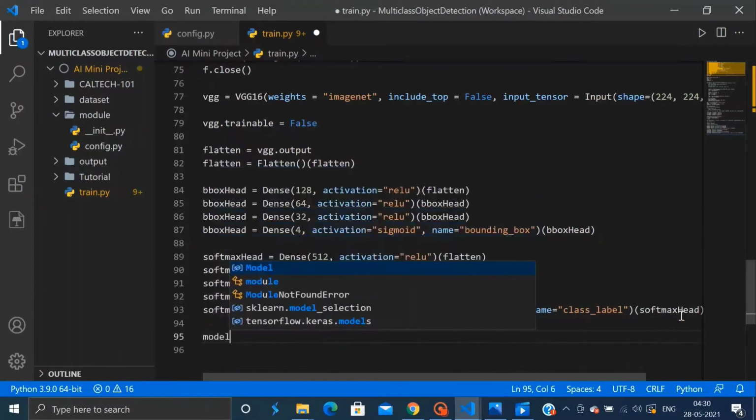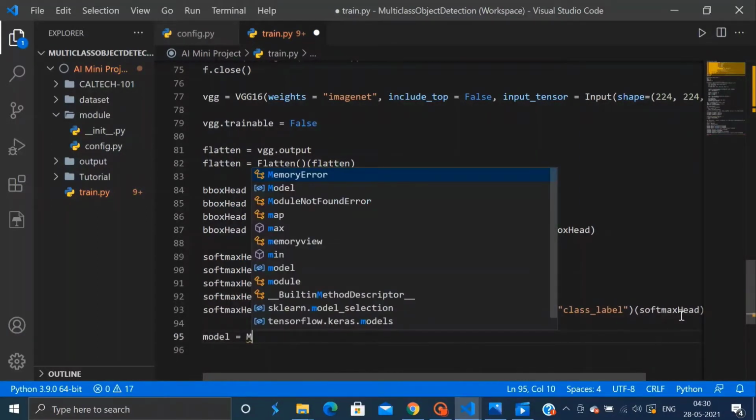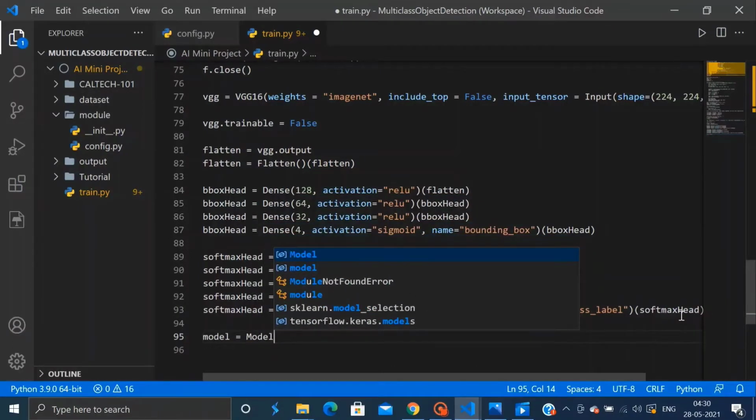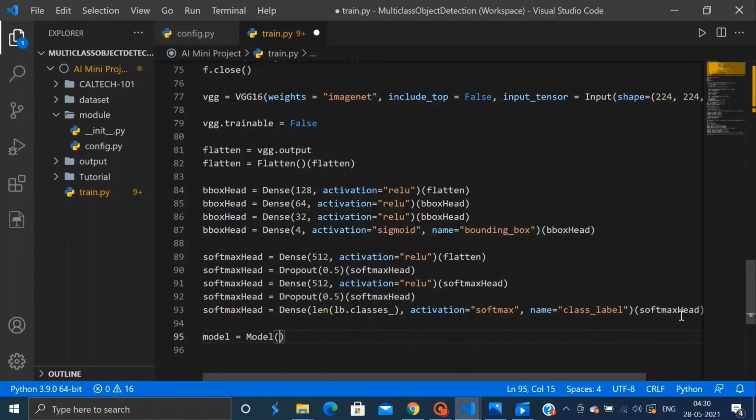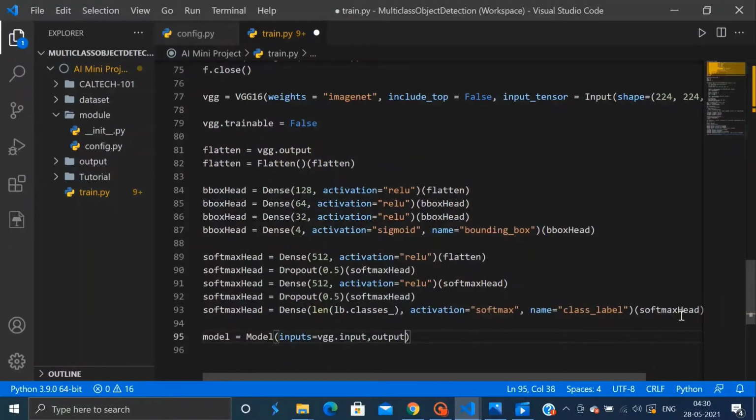And then with our two layer heads constructed, we create a model by using the frozen VGG16 weights as the body and the two new branches as the output layer. So our outputs will be equal to the two layers that we just created. So it will be B-box head and softmax head.